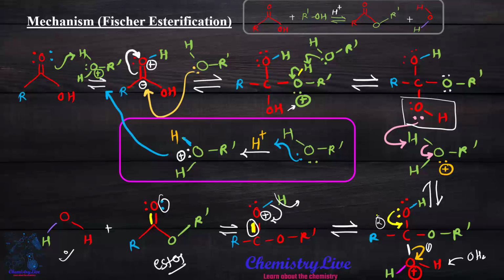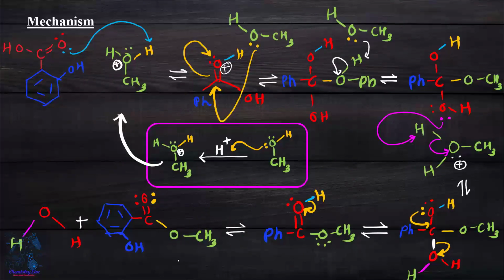Without wasting more time, we'll switch to our mechanism of methyl salicylate. In the methyl salicylate mechanism, we proceed with the same steps as Fischer esterification. First we need a protonated alcohol, or protonated methanol. For that purpose, H+ attacks the methanol, so we get protonated methanol. When the protonated methanol comes into contact with salicylic acid, the lone pair of the carboxylic group attacks the hydrogen atom, and it becomes protonated.